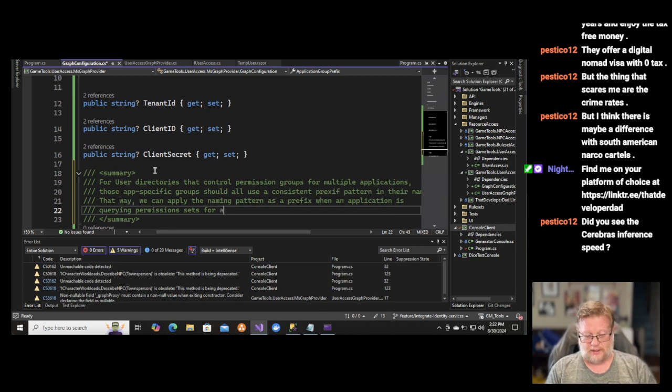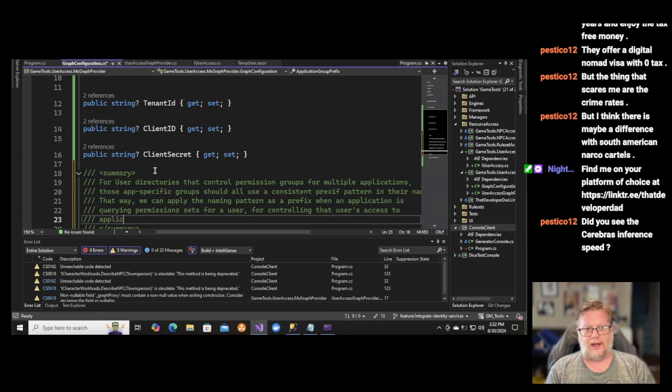Permission sets for a user for controlling that user's access to application